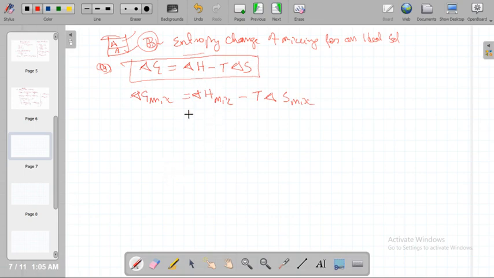But since this enthalpy of mixing is 0, this Gibbs energy of mixing equals 0 minus T delta S mixing. By rearranging this equation,